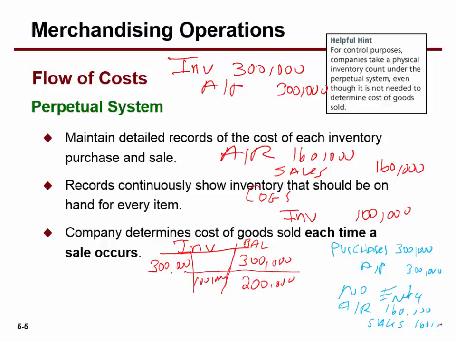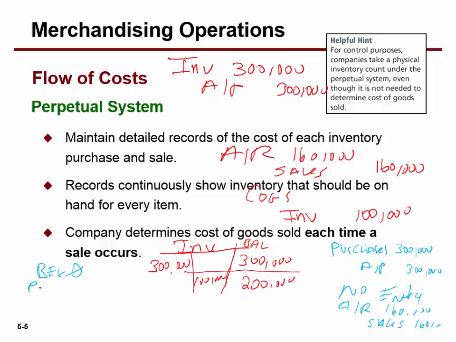Then at the end of the year, I'm going to count the inventory and see how much is left. You can just peek right here. There should be 200,000 worth left, right? But I'd have to count it for that. If this was my first year of operations, my beginning inventory would have how much? 0, because I just started.